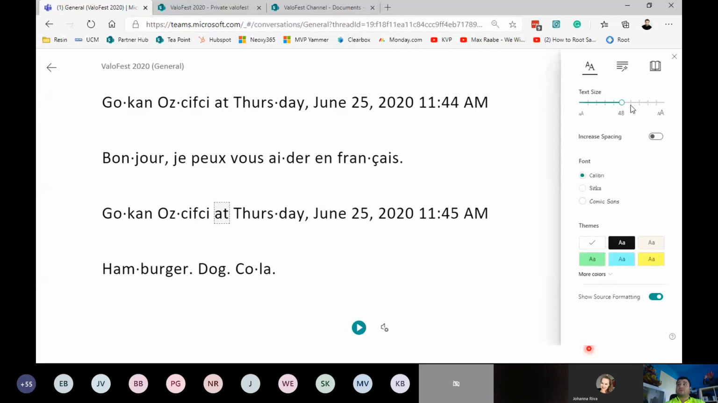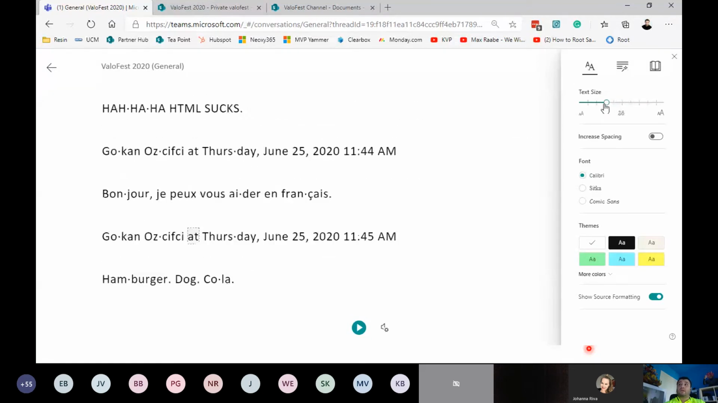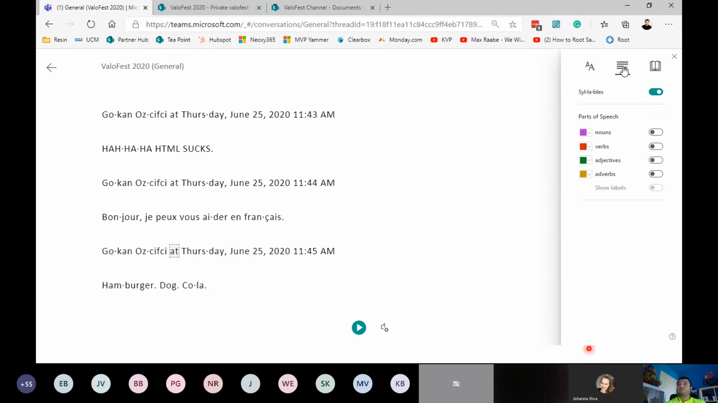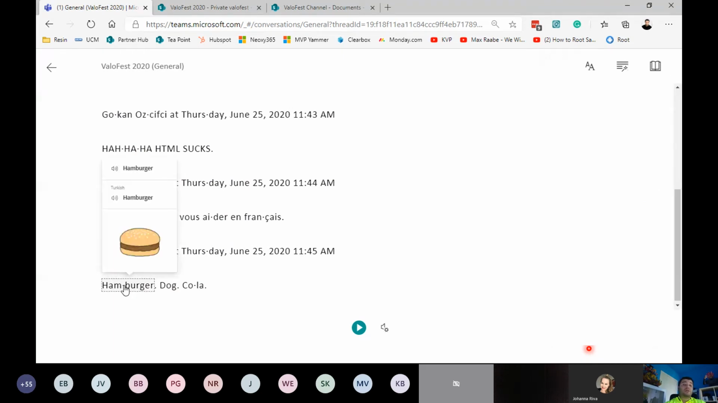The text preferences, you can just make it smaller or bigger, right? You can increase spacing, choose for the font and the theme, nothing rocket science. If you come on the grammar options, you can enable, disable for the verbs, nouns, adjectives, okay, nothing rocket science. However, things are getting interesting with the picture dictionary. I have my picture dictionary enabled. If I come under the hamburger, well, you can see that it shows me the hamburger because it could understand